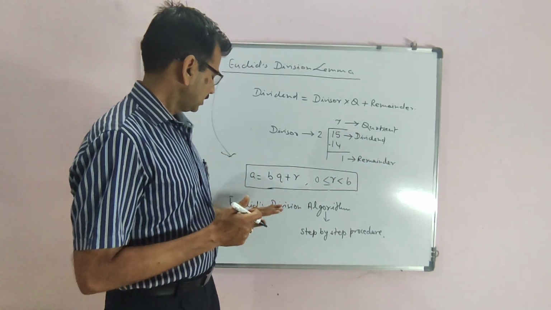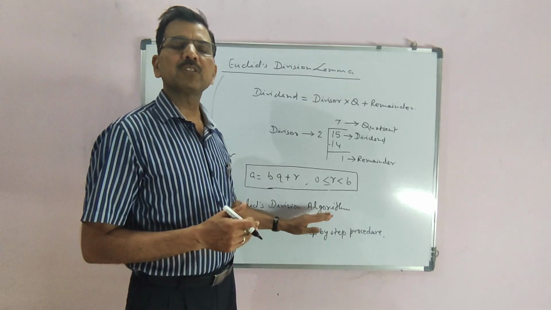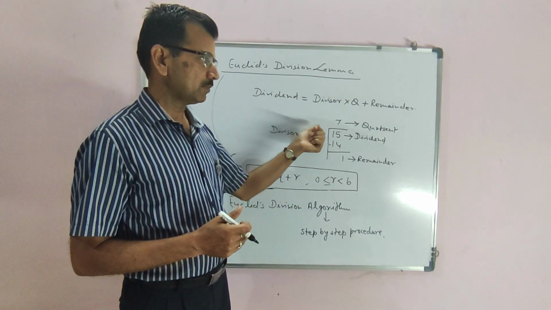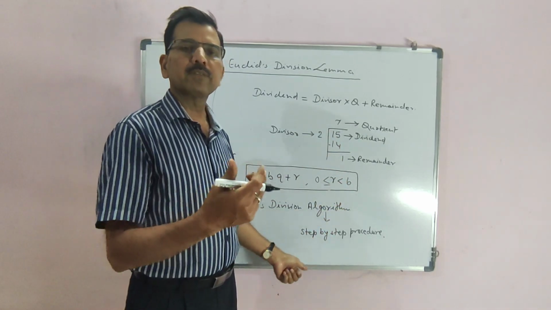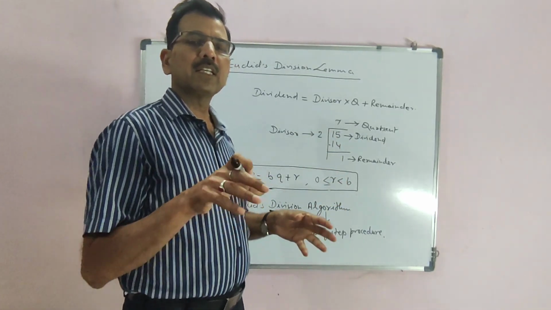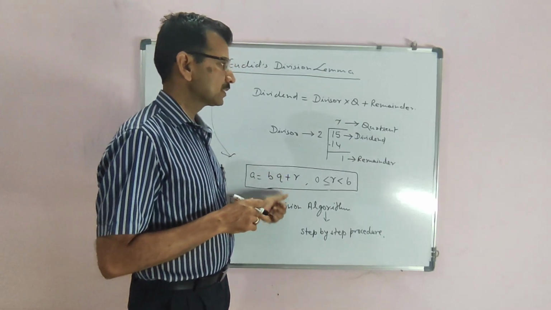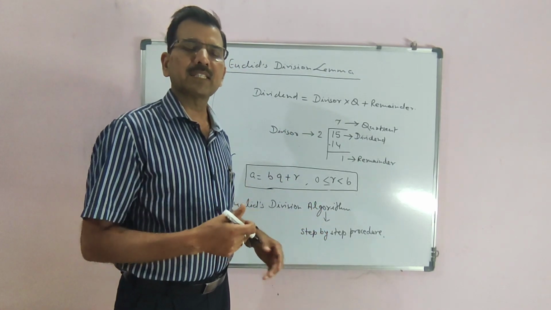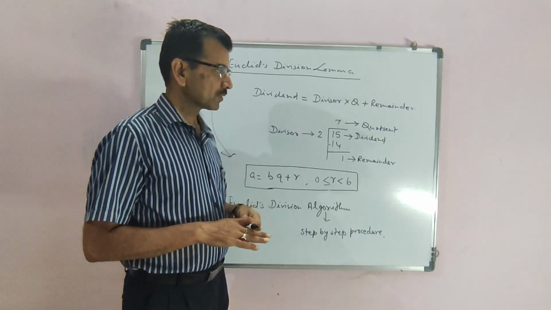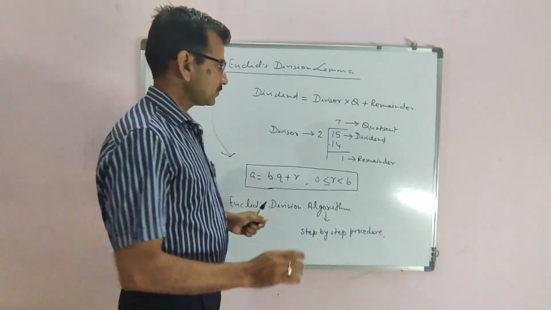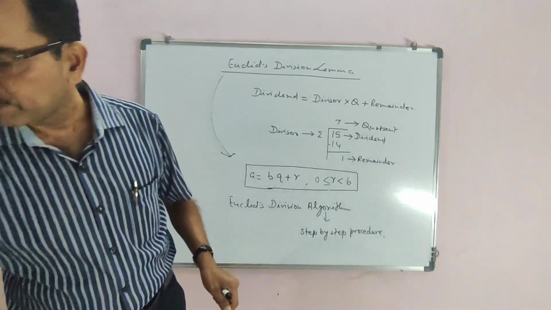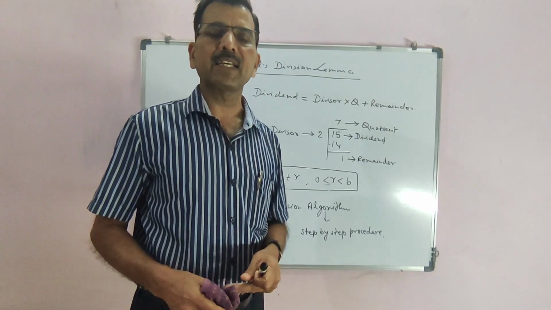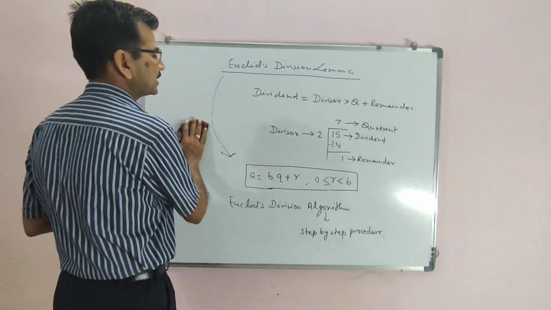So here also Euclid division algorithm gives the sense or meaning of how do we find the required value by using this concept Euclid division algorithm. Okay, that is step by step. So we'll come to that one. Now, to understand this, by Euclid division algorithm, mainly it is used for finding the HCF, and we'll come to that HCF now.